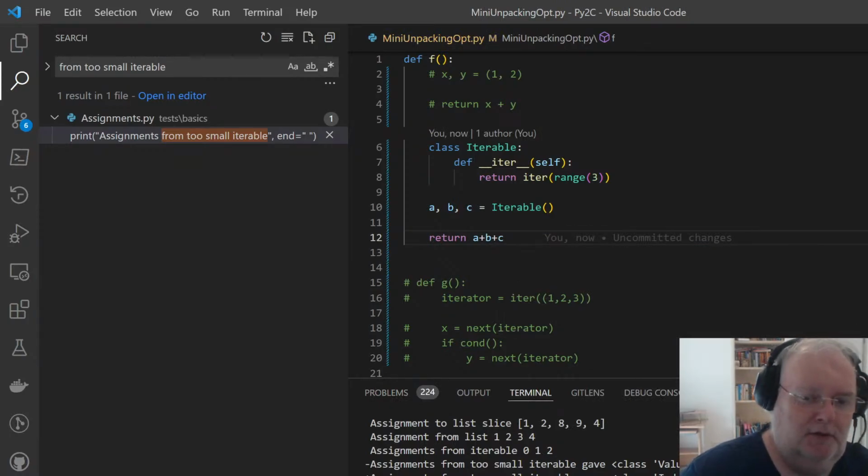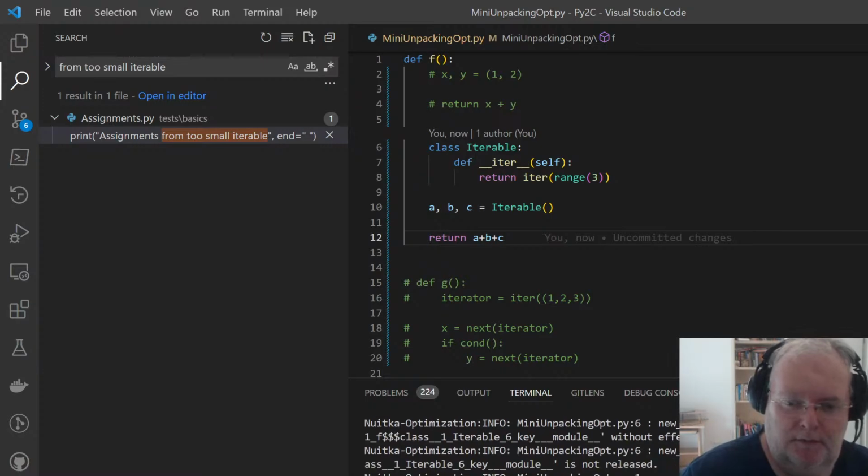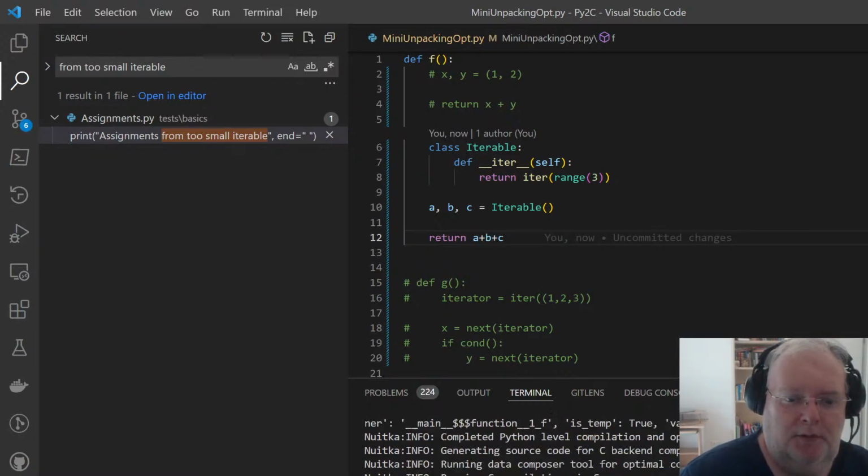I mean, the bug is still valid, but that's a bit too optimistic. Wait, 1, 2, 3. It's even correct. Not crashing.